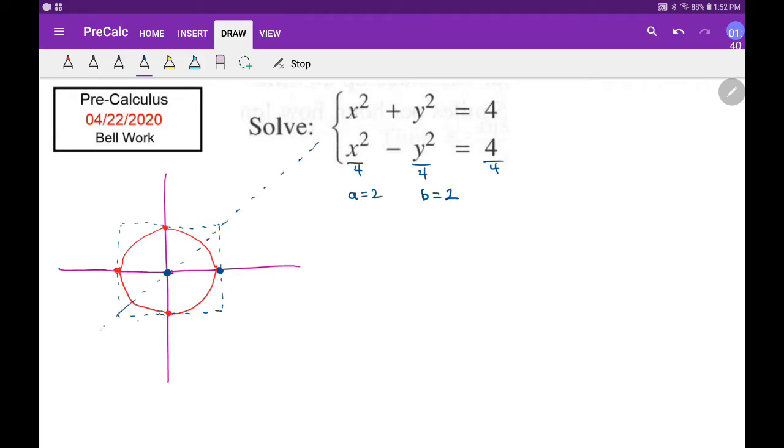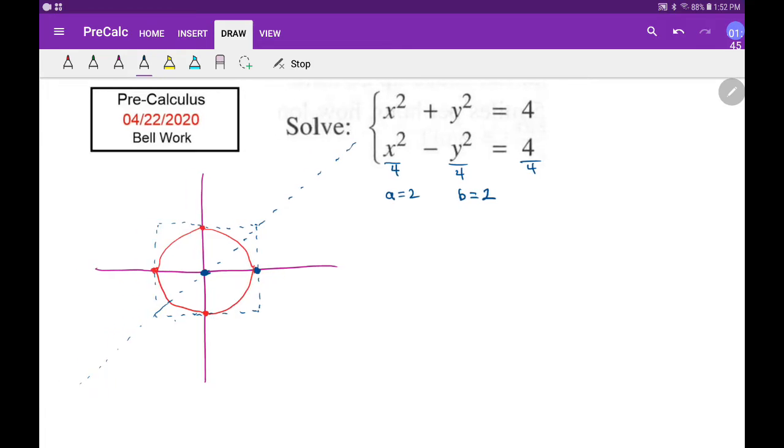And our asymptotes are pretty predictable here. They are y equals x and y equals negative x. So very nice, orderly. And here we are. And so as we graph this, it's probably not necessary to show algebraically, but we're going to anyway, and I want you to. We kind of know what the solutions are right now, but